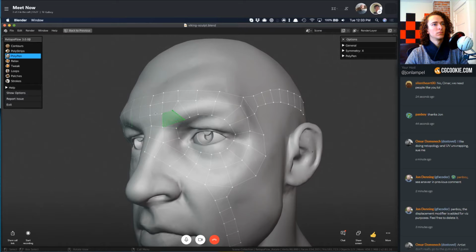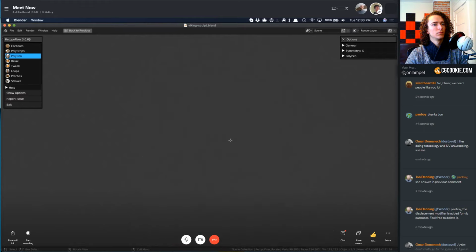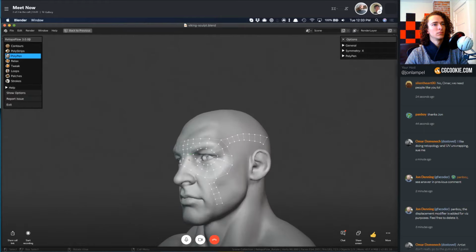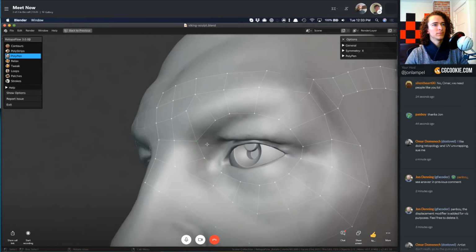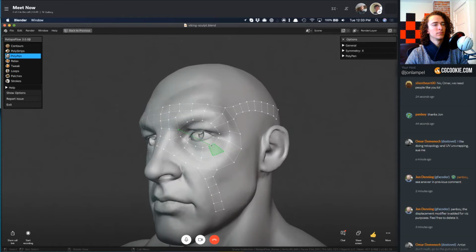And so, if we do something like this, we can grab that vertex, move it down, snap it to the vertex, and we can start filling in that area. I'm having depth issues. Get in there. And so this Polypen is probably the most powerful tool as far as your ability to create